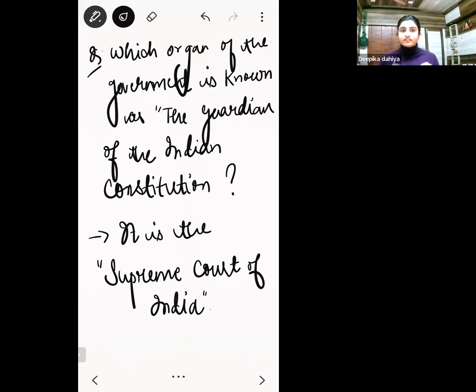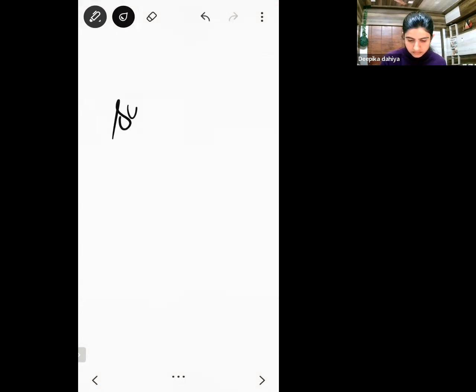Now it is the responsibility of the Supreme Court. You may file a petition as a citizen that this bill is unconstitutional, and we want the Supreme Court to look into it. And the Supreme Court can take some matters suo motu. Suo motu means on its own. Let's say no citizen has filed a petition against a particular law, but the Supreme Court thinks that this particular law is unconstitutional. The Supreme Court can directly take that up. Is this clear or not? Yes, ma'am.